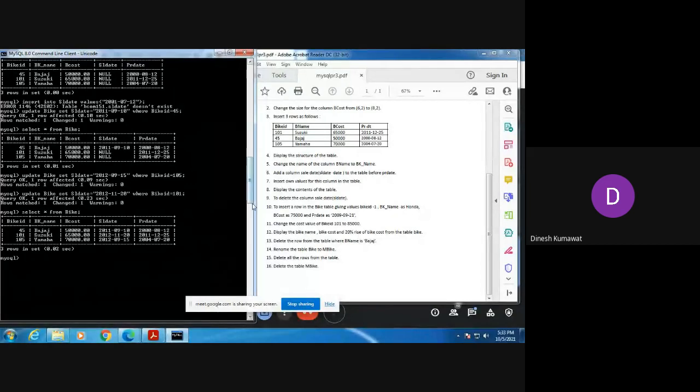Okay. Now tell me how we are going to delete this column. The column we added, SL date, we will now delete. So tell me which syntax we need to give for deleting this column.